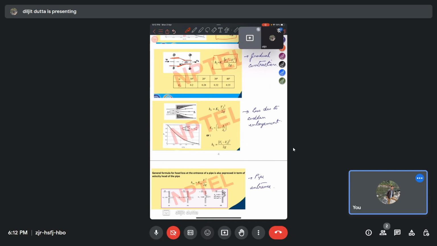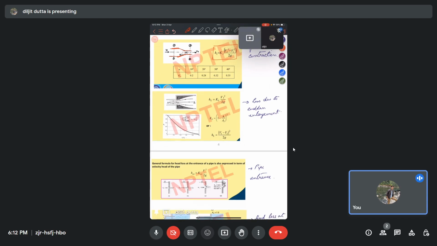Then thirdly, this is the loss due to sudden enlargement. What happens in a sudden enlargement? When a flow is taking place smoothly and then you suddenly enlarge the pipe, instantly the streamlines cannot take this kind of path. So it takes the diameter over some time and some distance, and in between there will be some eddies or non-linear dissipation, and this dissipation